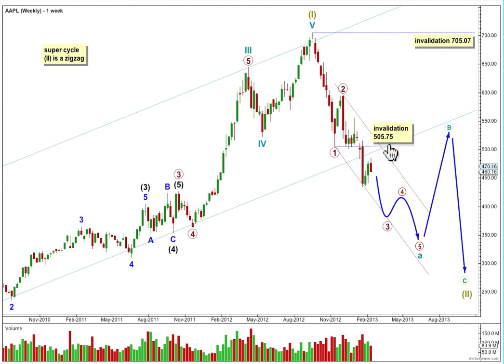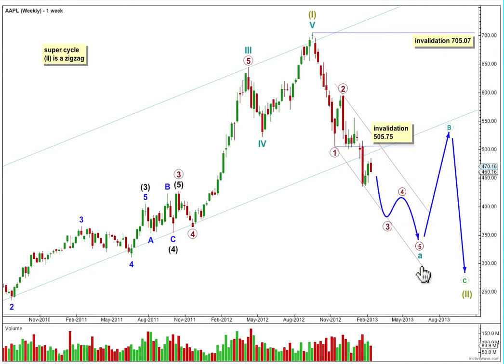The main wave count at that stage is invalidated with movement above 505.75, and that price point is really important. It differentiates this main wave count from my alternate. When the fourth wave is over, we'll need a fifth wave down to complete a 5-wave structure for a cycle wave A. When that 5-wave structure is complete, we'll look for a trend channel breach,